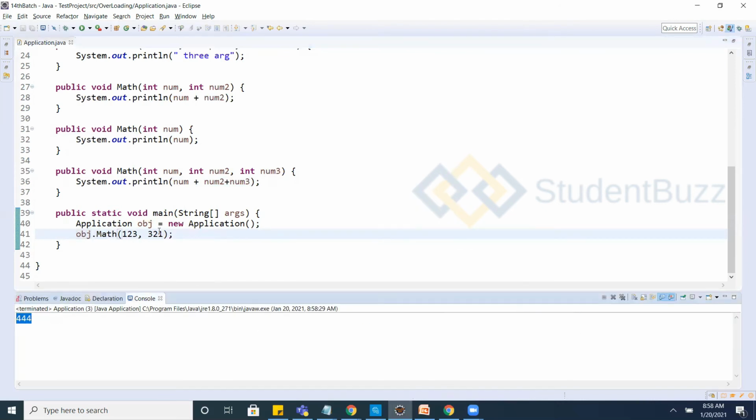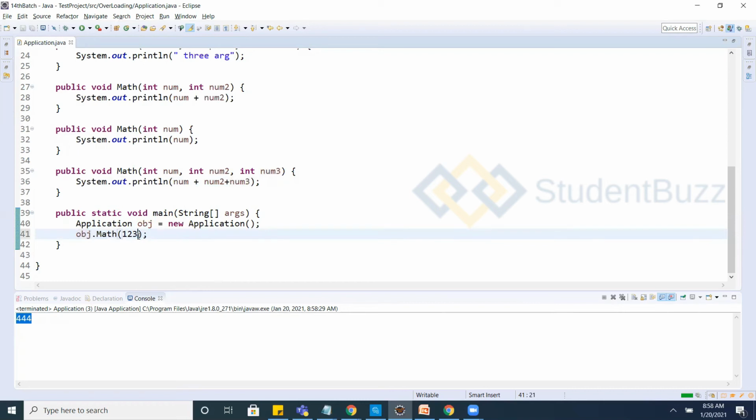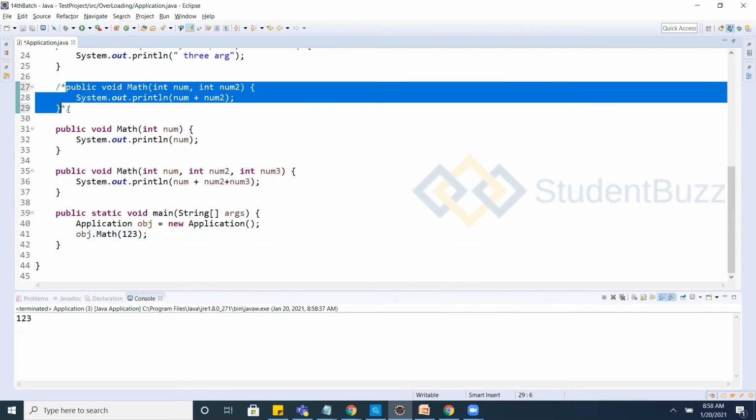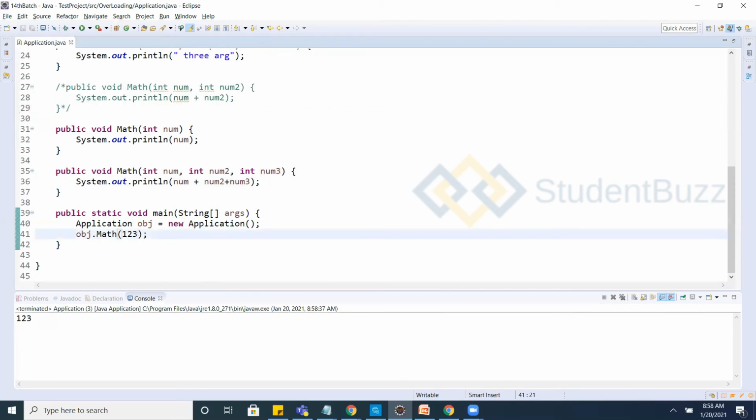It gives a smaller result. What if I give a single number? What if I don't have the two-parameter method and I try to give two parameters? There is no two-parameter method, so it is not able to overload. If you give one parameter, that is fine, and if you give three parameters, that is fine because it is not commented out. You understand, right? One method name will have different signatures, and it does different actions, different operations.